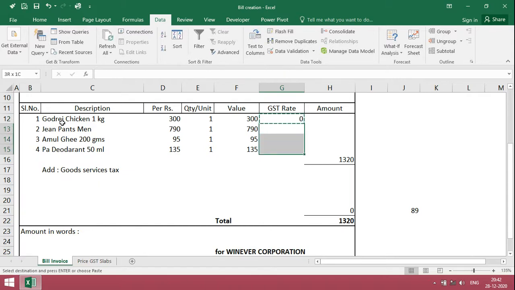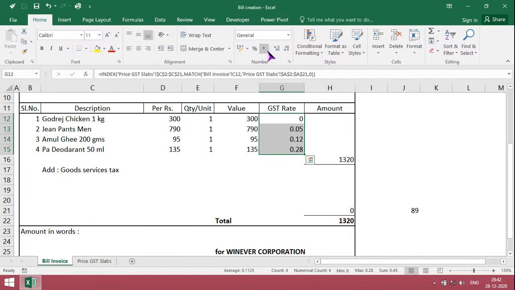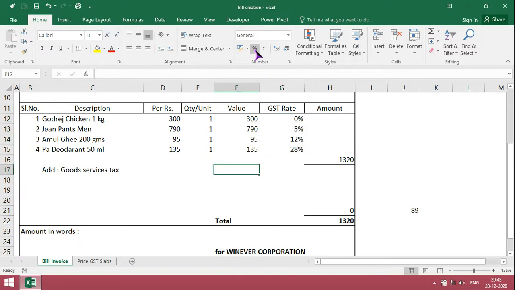Just copy, then give the formula as percentage.